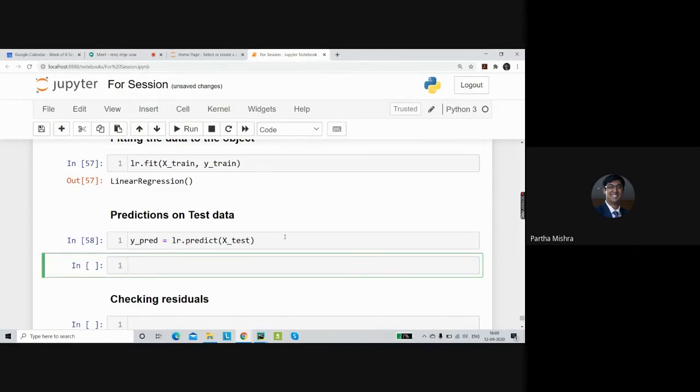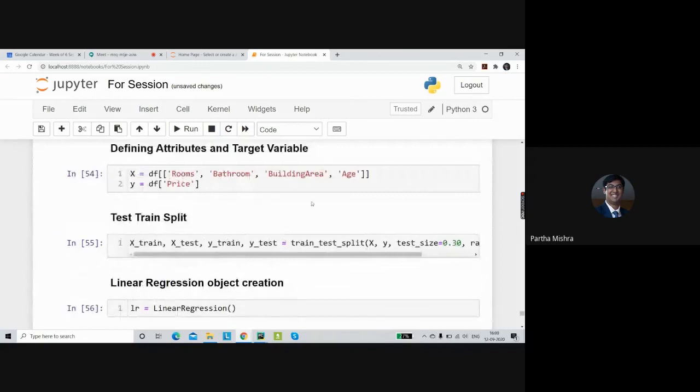The most important step after the y_pred variable is defined is to check how good the model is. That means when you're giving this equation y is equal to mx plus c, how well is the x variable able to define the y variable? In our case, the x variable had these variables: rooms, bathroom, building area, and age.